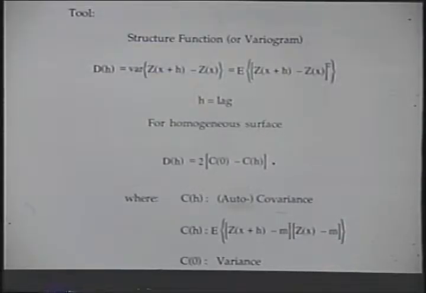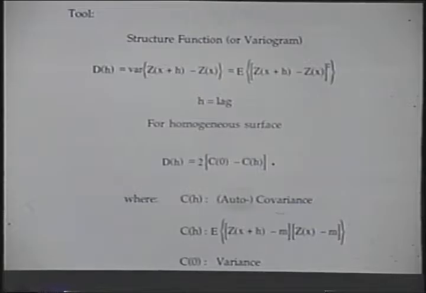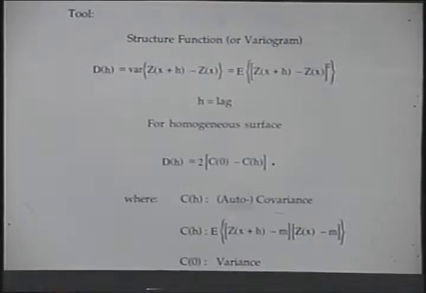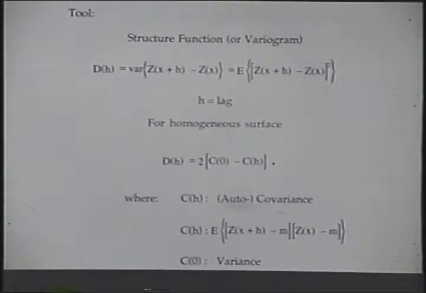And what we see is indeed the variance, which is in fact the expected value of the squares. It's the variance of these increments of the function, and this function can be any property, as we will see, surface temperature, surface humidity, what have you, measured a distance h apart. It can be shown that for a